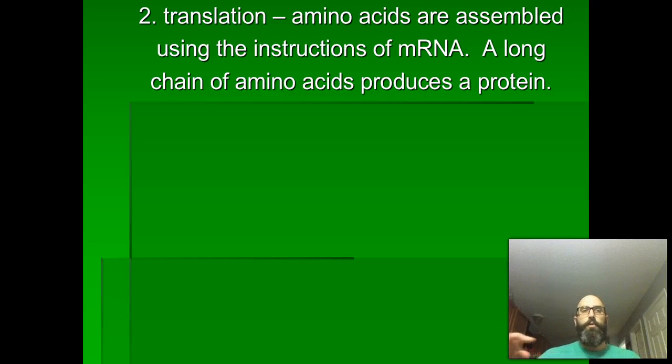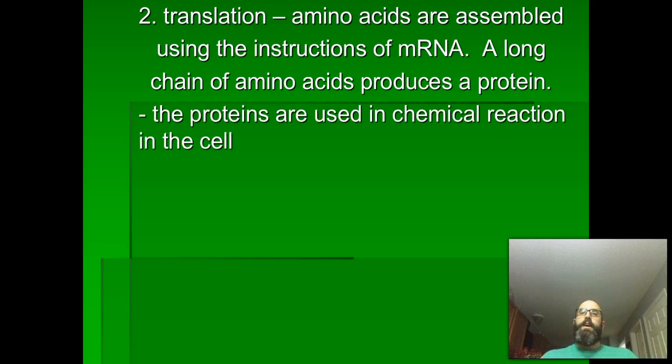That protein then folds to a very specific shape based on the sequence of amino acids. That shape of the protein and the sequence of amino acids then determines how the protein will be used or what it can do. Those proteins then are used within the cell. Keep in mind, the sequence of amino acids and the shape of that protein determine the function. There's something like 40,000 proteins within the human body that can be created.